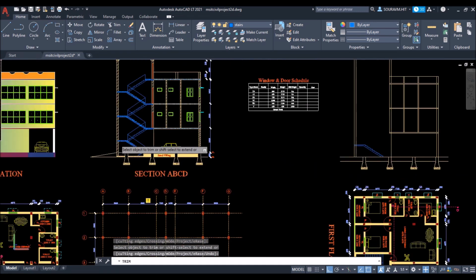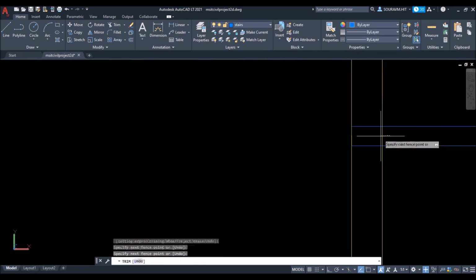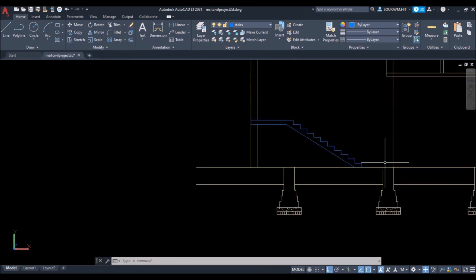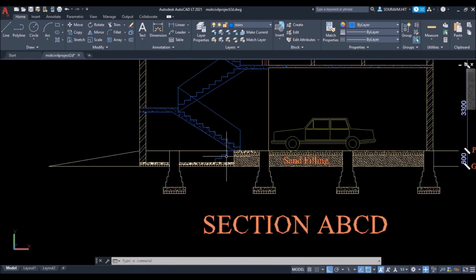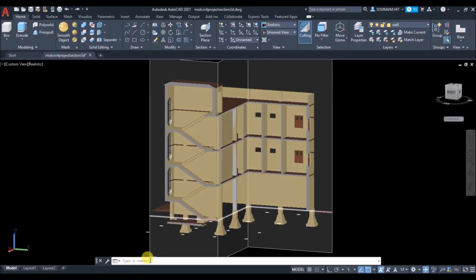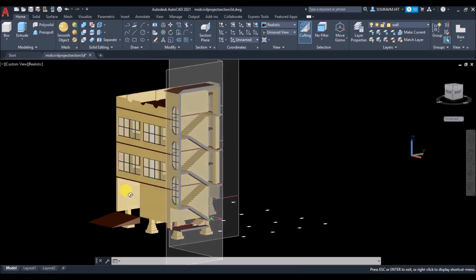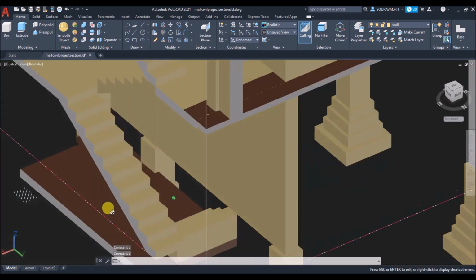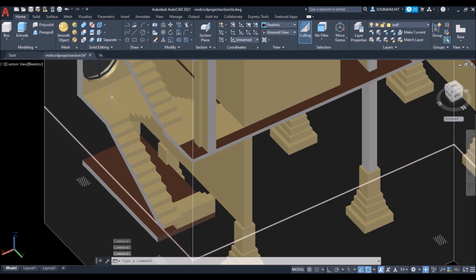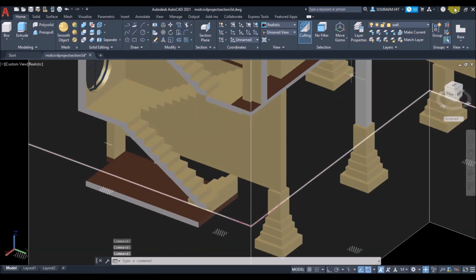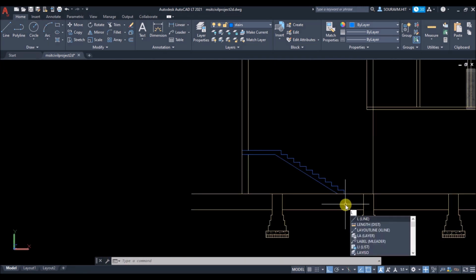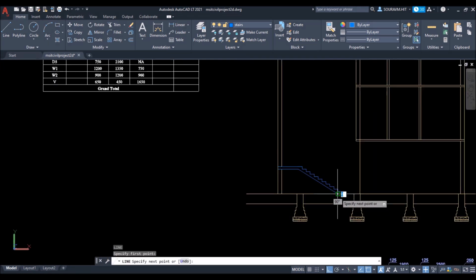This is the slab. So trim this as well. Now here you can see 3 steps. So that's this 3 steps. Then a landing. And then you go upstairs. So type L and press enter and draw the lines as shown.